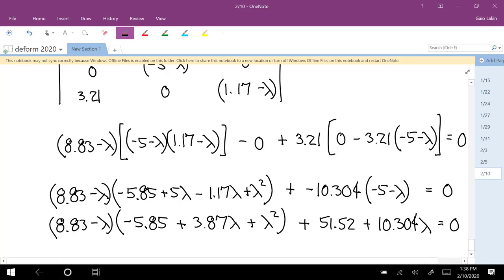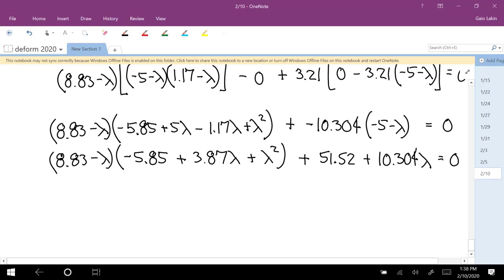We're so close to having, so all we have to do, our last painful thing we have to do is FOIL out this, distribute this first thing. So it's okay if we get a cubic as long as there's no constant term, because then you can factor out, one of the answers is going to be 0. So what's 8.83 times negative 5.85? And what's 8.83 times 3.87? 34.17